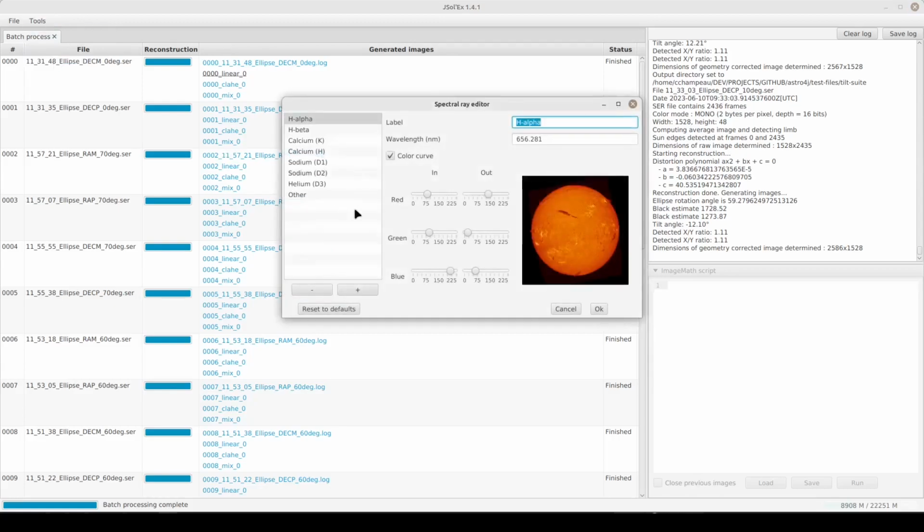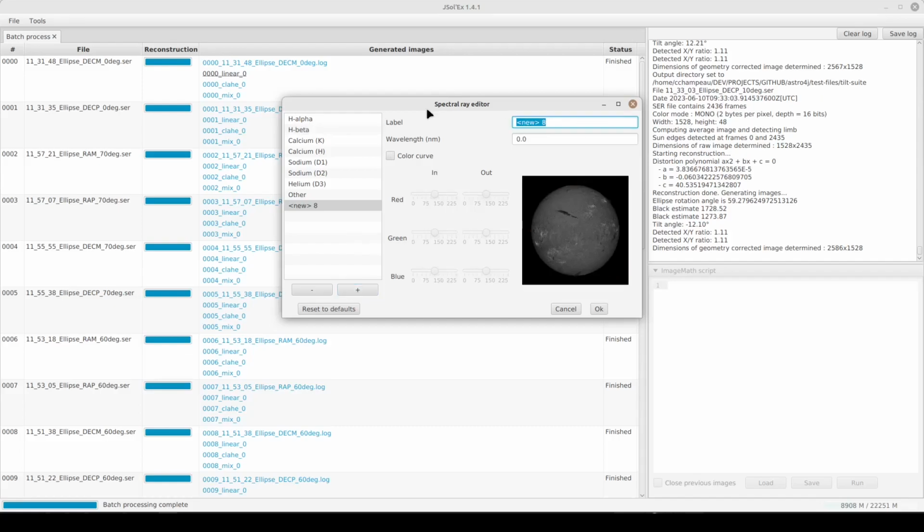When I told you in the beginning that you can select the wavelengths, this is where you could add some custom wavelengths if you missed them in the software. You can set the wavelengths, which are going to be stored again in the FITS file, and you can also change the color curves. There's a color curve for H alpha, there is none for H beta because I haven't done that, but if you want to, you can take the color curve and modify it, see the preview, and when you're happy you click OK and that's good. Or you could add some custom